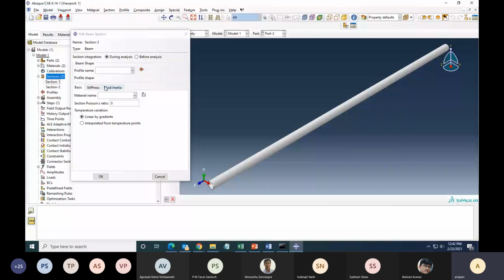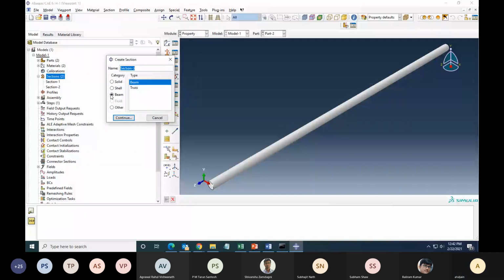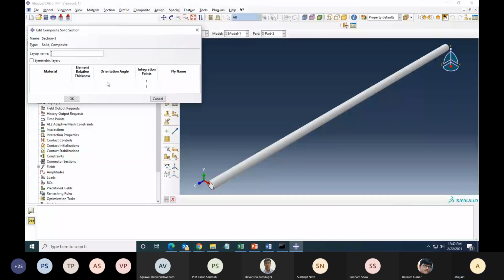Similarly, if I choose a composite, I will just draw one layer, but the different lamina are going to be put here, where you will write the orientation angle in degrees, how many integration points you want, what is the relative thickness of every layer, etc.